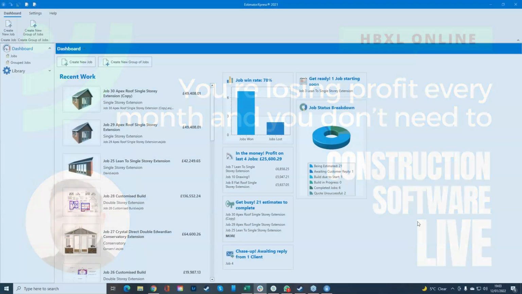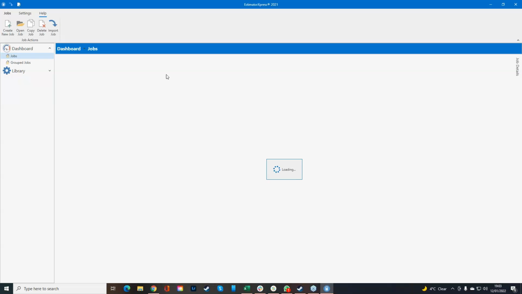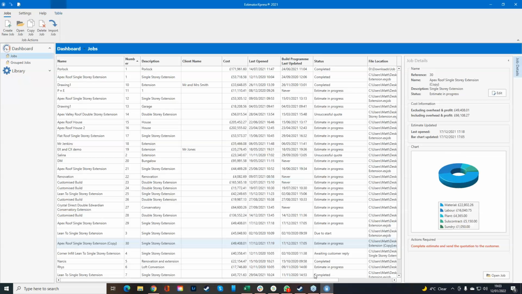EstimatorXpress. So when you first turn on the software, this is the page you're going to be greeted with. You're going to be able to see your recent work, a job win rate, and then a job status breakdown as well. If you don't like how this page looks, that's absolutely fine. All you have to do is click the link on the left hand side which says jobs. You can do that and it's going to give you all of your jobs in more of an Excel spreadsheet